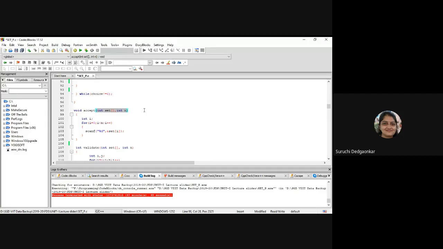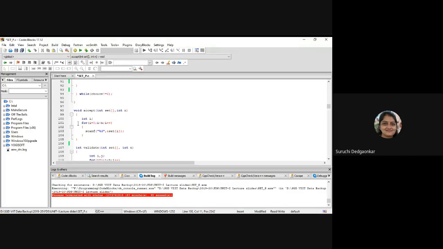as well as in calling. Okay. So here we have to write actual statements, actual instructions which need to be executed when the call is done to this function. Okay. So what we want to do in accept function, we have to initialize these n elements in the array set. Okay, so here we can change the name. Okay, so in case of first call, the set one is nothing but our set. In case of second call, set two is our set.